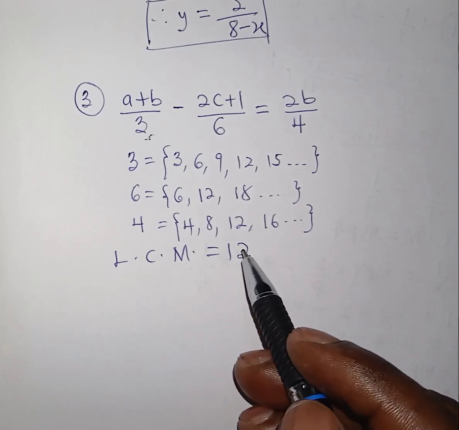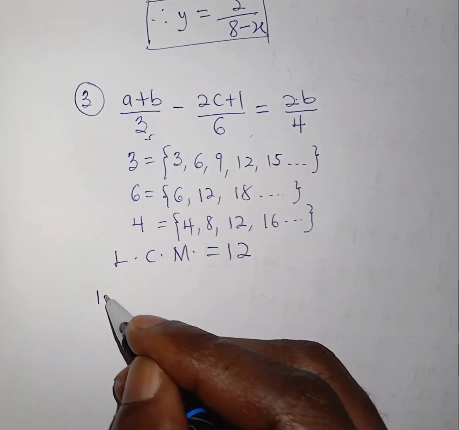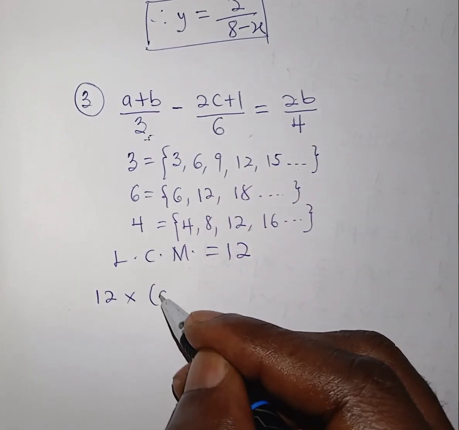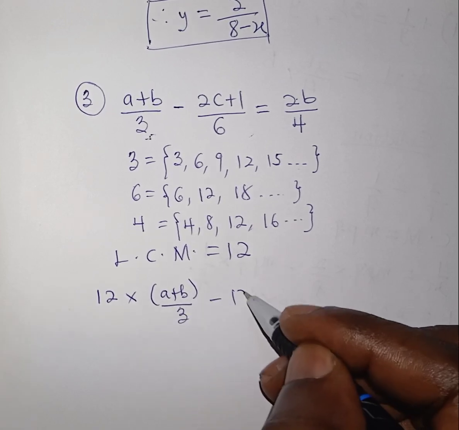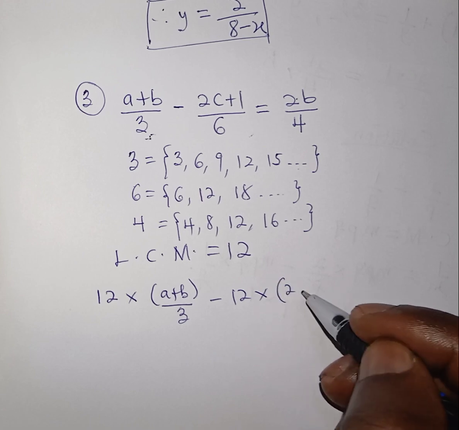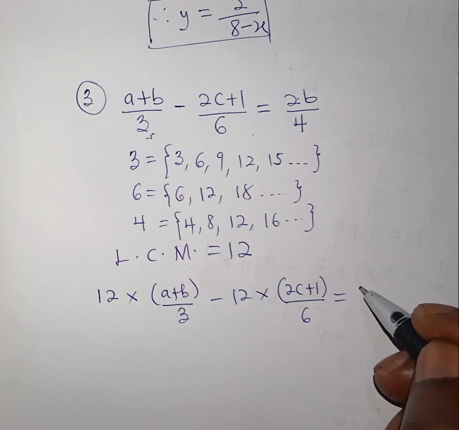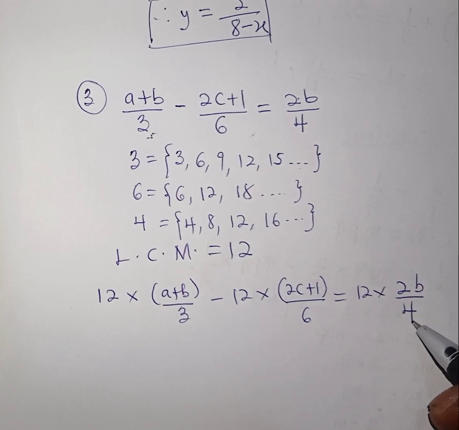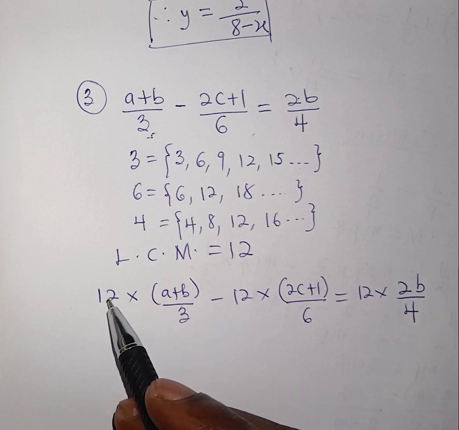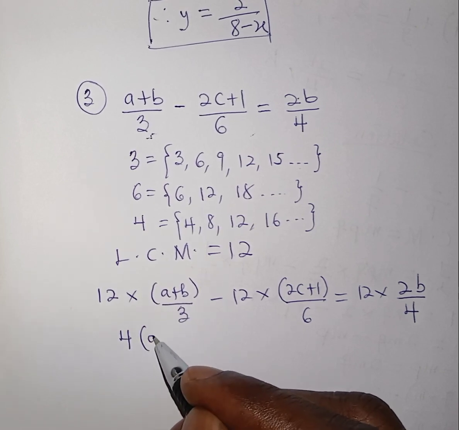12. So we are going to multiply 12 by each of the terms. Okay, so I'll multiply 12 by (a plus b), all divided by 3, minus 12 times (2c plus 1), all divided by 6, is equal to 12 times 2b, all divided by 4. Good. Now you realize that we have 12 here, 3 here. So 3 divides 12 how many times? 4. Then I will multiply by (a plus b),